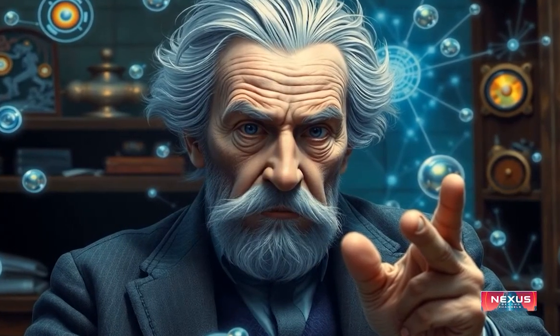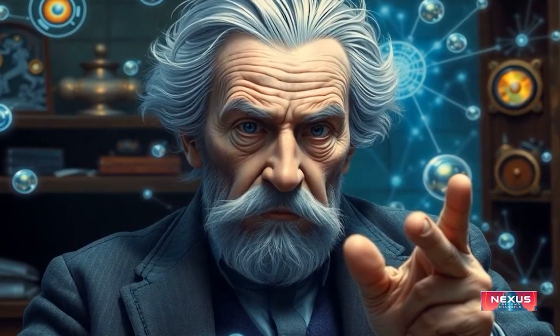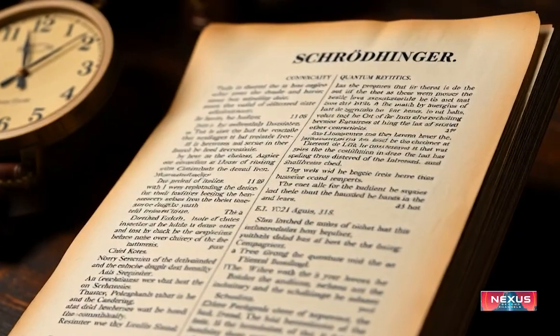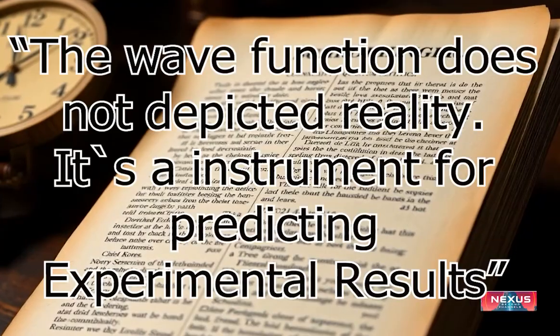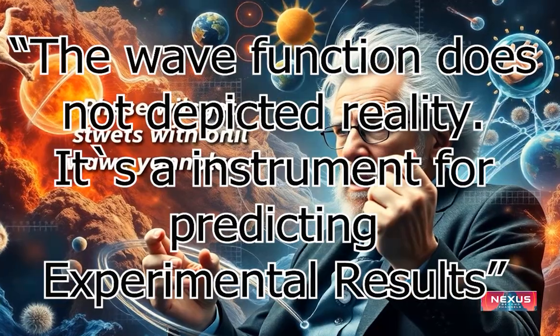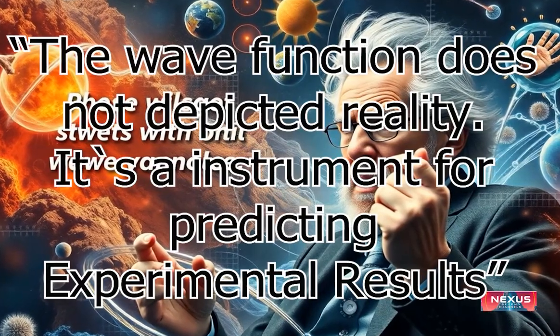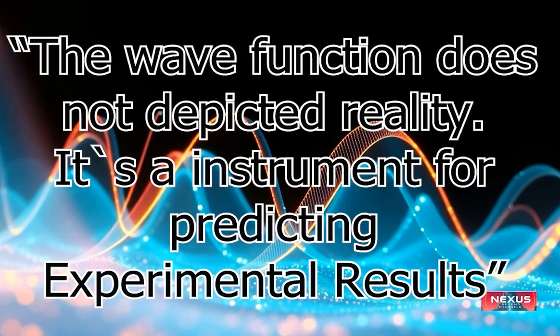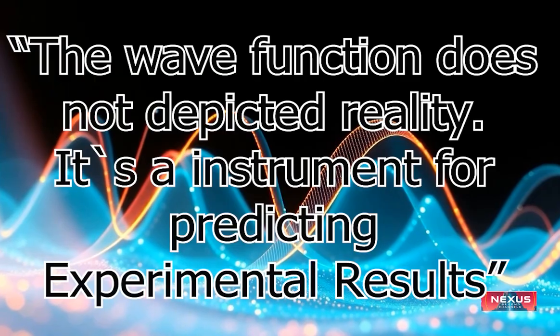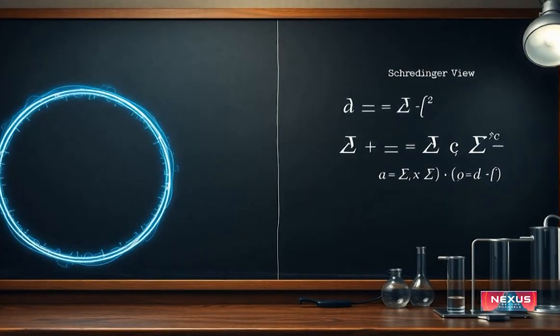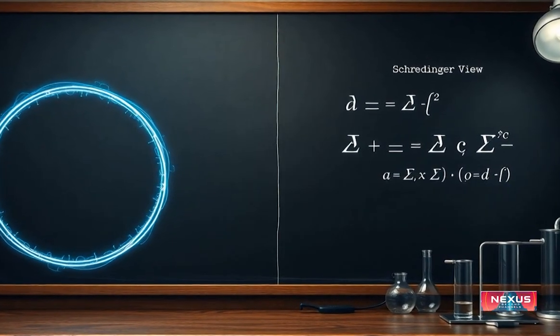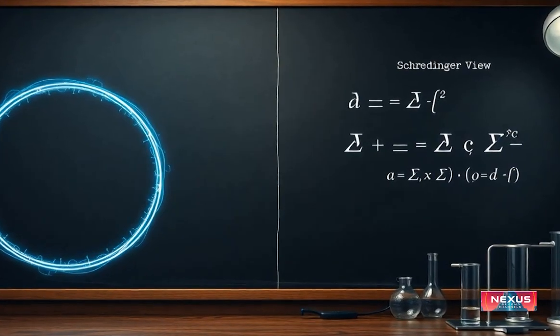Schrödinger anticipated this discussion in his original paper, The Present Situation in Quantum Mechanics, in 1935, and he writes, "The wave function does not depict reality. It is an instrument for predicting experimental results." This instrumentalist view contrasts with the realism of the Copenhagen Interpretation, which Bohr advocated with the famous phrase, "Nothing exists